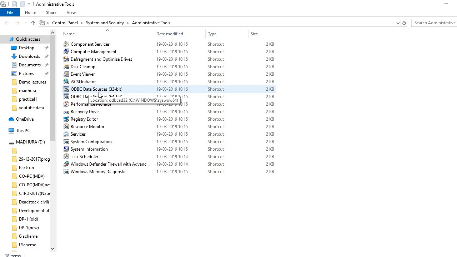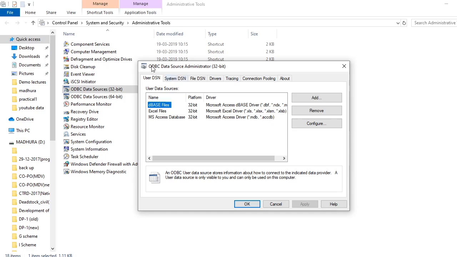So here we use the JDBC ODBC driver. Just click ODBC data source, allow it, then you will get such a window.